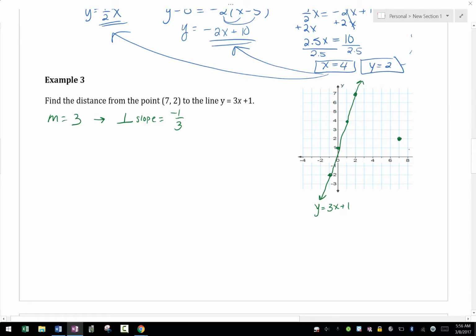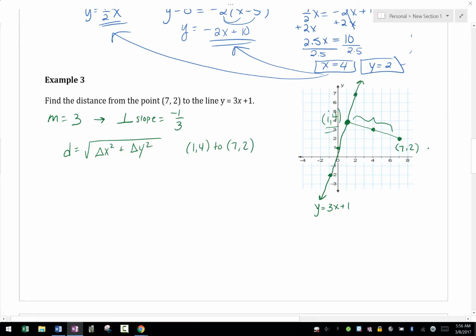So I should go down 1, right 3, or up 1, left 3, up 1, left 3, up 1, left 3. Okay, so I ended up hitting this point. So that's my perpendicular distance that I want to find. The point in question was the point 7, 2. I bonked into the point 1, 4. So if I want my perpendicular distance, I'm finding the distance between 1, 4